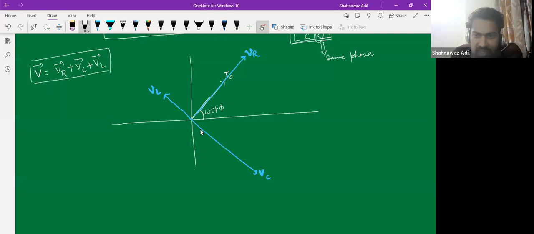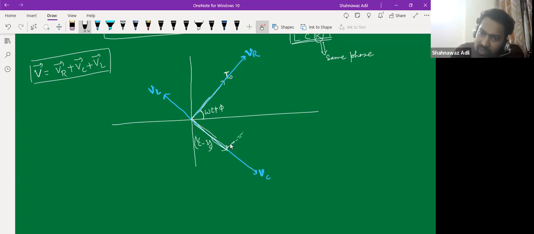If we write this thing, this is VL and this is VC. This one is greater. So this part, from here to here, would be VC minus VL, right? This is VC minus VL. And this is your VR. So